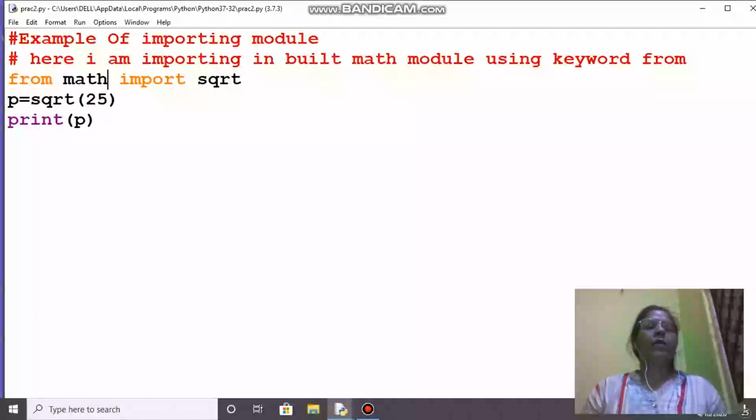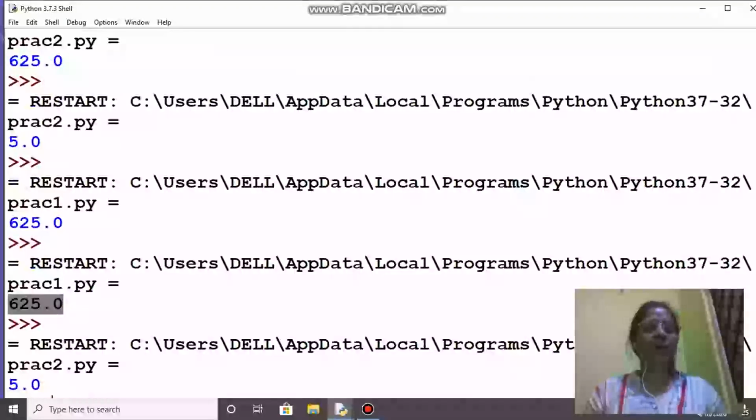From math, particularly the sqrt function, so I need not write the module's name before the function name. Only the namespace of sqrt will be used here. Then when we print, we get the desired result, that is 5. The highlighted answer is correct for the current one.